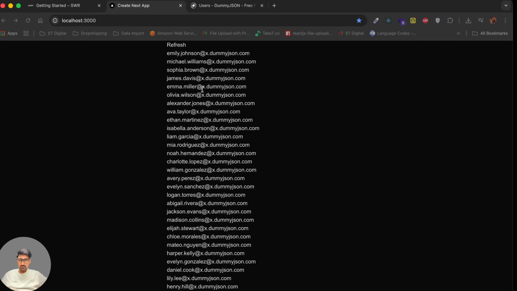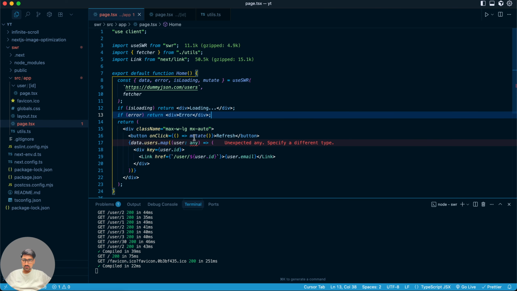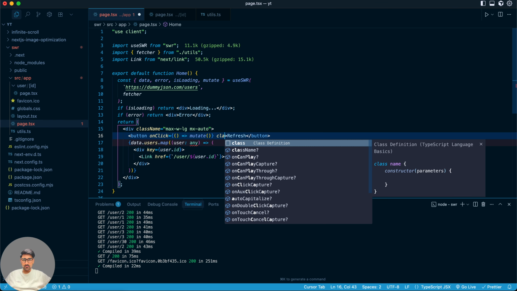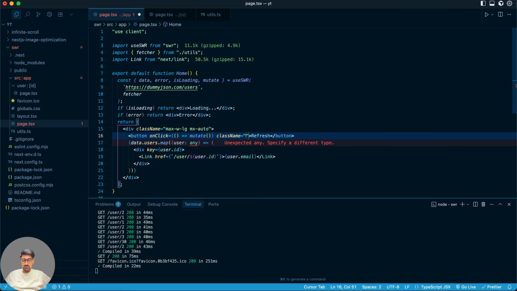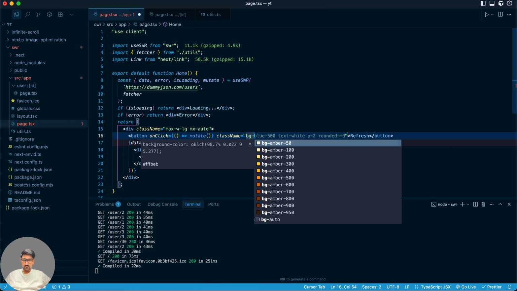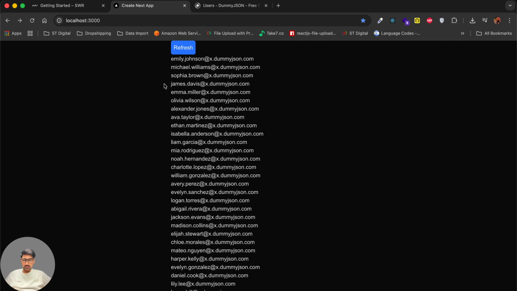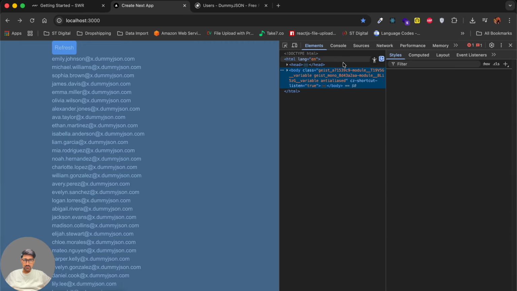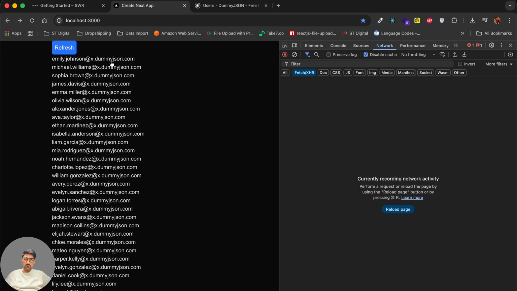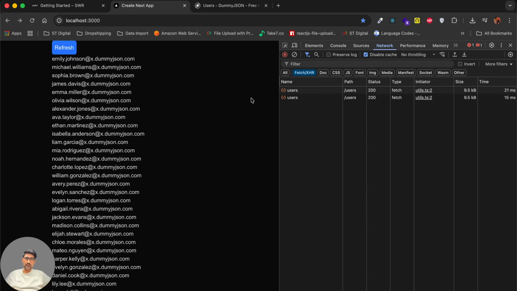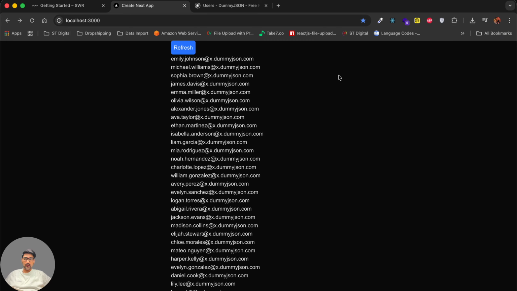Mutate. Now if you see this, okay, let's do some styling. Look like a button. Okay, now it looks like a button. So if you click on refresh, let's see here. If you click on refresh, see, we have a button, API call, API call, API call. Click on the refresh, and we have